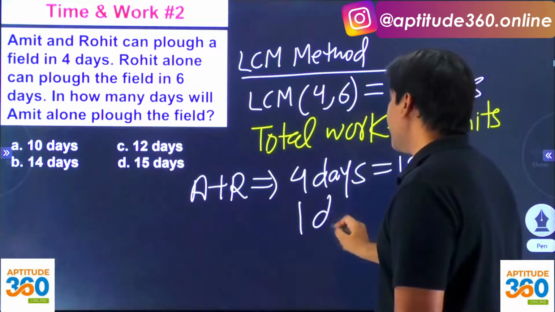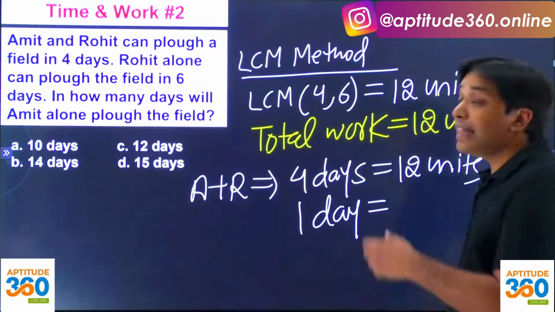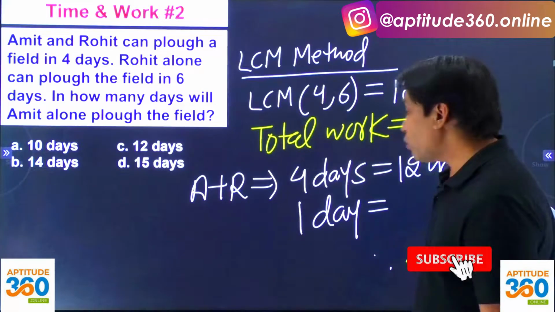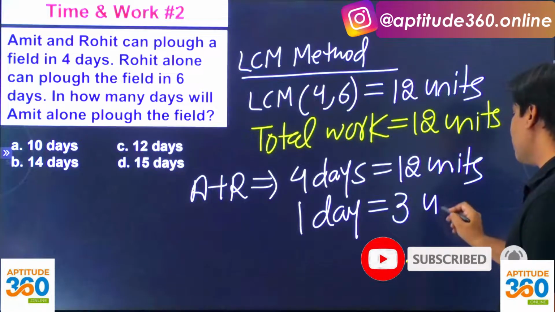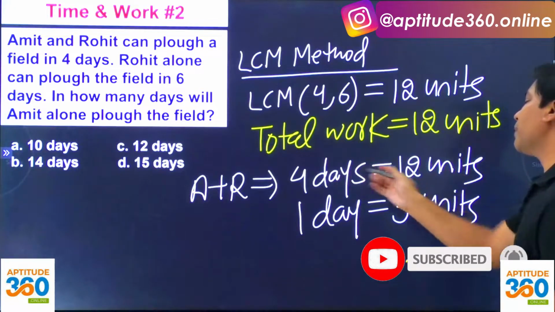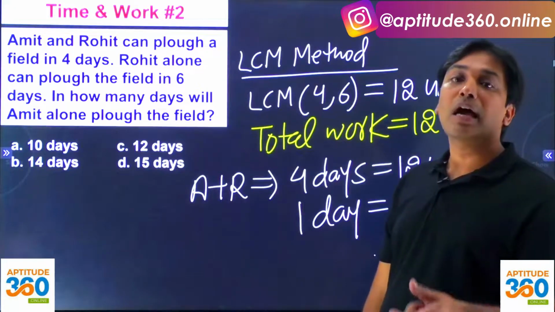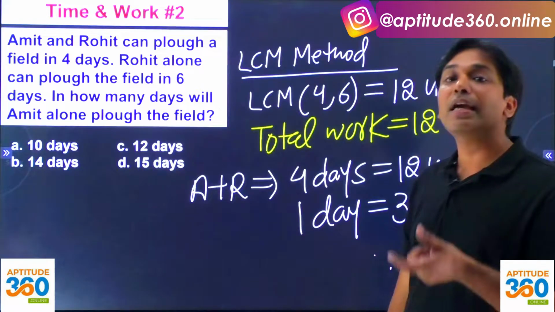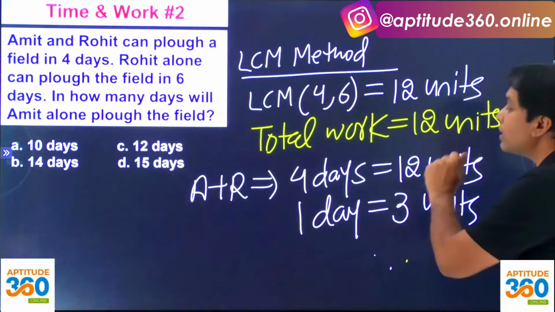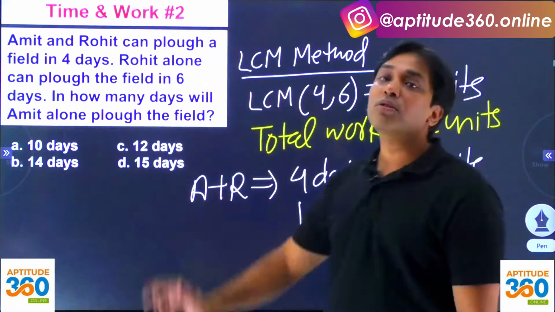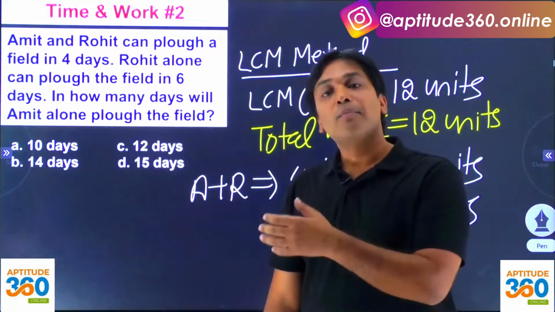So in one day, collectively they will be doing 3 units of the work. हो गया ना भाई? 12, अब ये 3 कहां से आया? 12 डिवाइड बाई 4, 3 यूनिट्स आ गया। और अमित एंड रोहित दोनों मिलके एक दिन में कितना काम करते हैं? 3 यूनिट काम करते हैं। Would you be able to find out how much work Rohit does per day